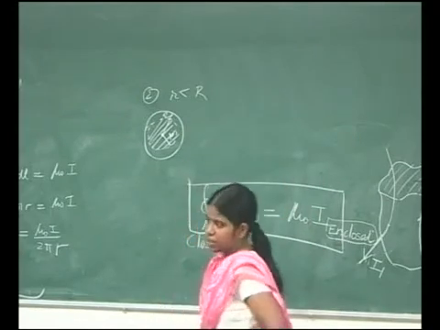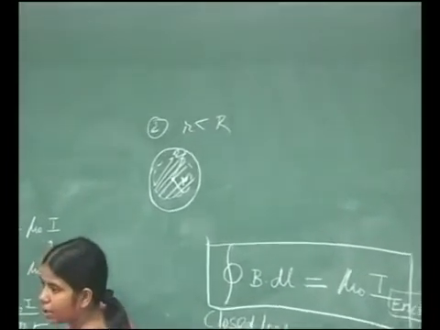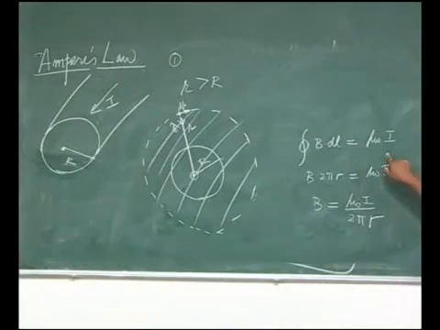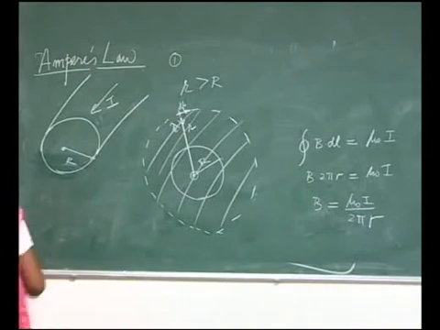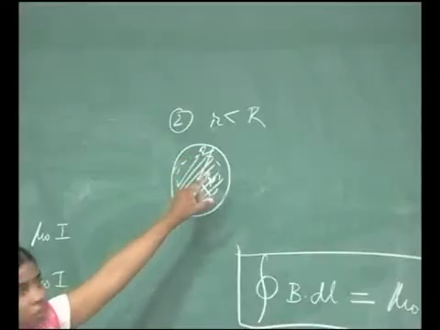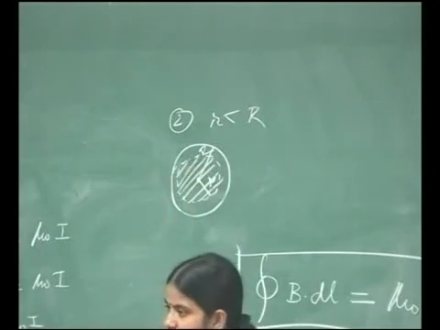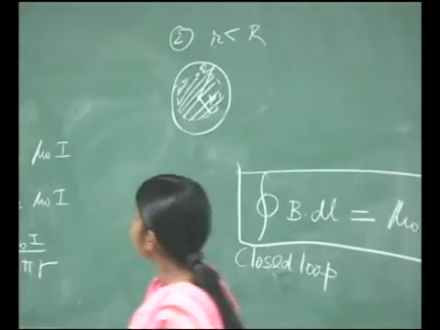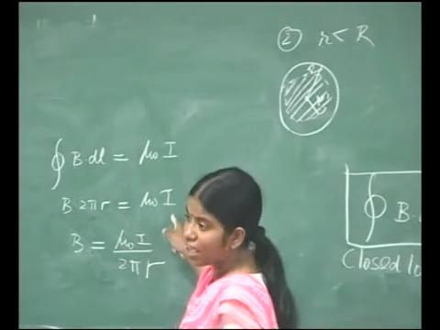So now you see I can say that the integral of B dot dl is mu 0 I. What was I here? Please pay attention, I was the current coming out of this entire surface. Now my surface has reduced. Now my open surface attached to this loop is only this area, a fraction of the entire area. So now the current that I would get would reduce. So I cannot directly write that B 2 pi r is equal to mu 0 I.